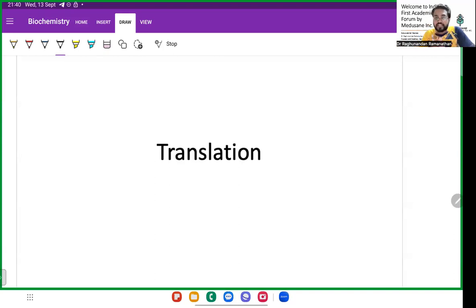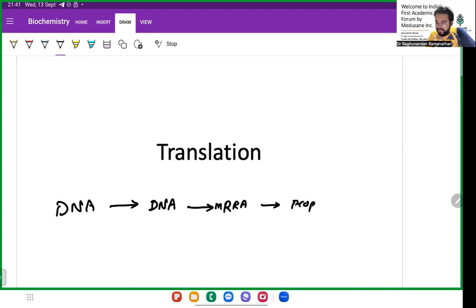So remember, the central dogma of your nucleus is going to function from a DNA. What it does is it tries to replicate another DNA, and from that it tries to make a RNA, or specifically mRNA, and this mRNA is going to produce protein. This mRNA is the one that helps in synthesis of protein. So there are different steps involved in this. From DNA to DNA you have your replication, from DNA to mRNA you have transcription,